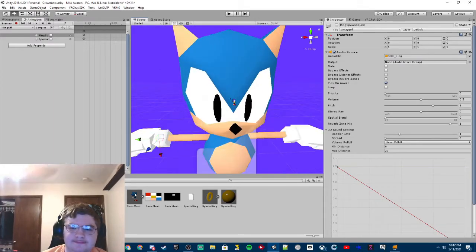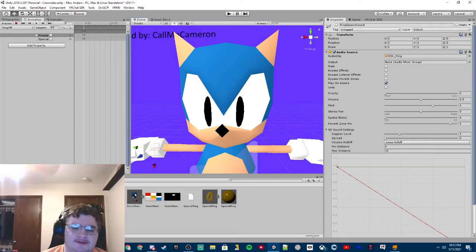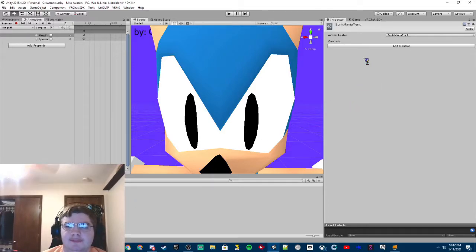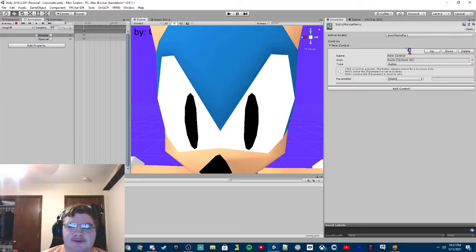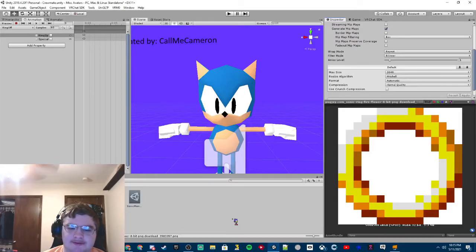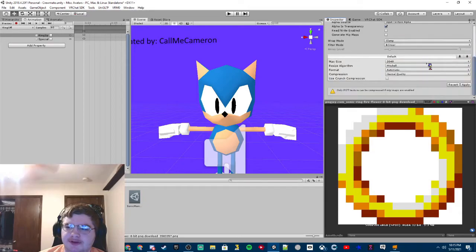So when you're done doing all that, that's pretty much it. Well, no, there's one more step. You want to go back into your animations and to the menu. And this is where you're going to add your toggle button, like for in-game use. So we're going to title it ring. Once you find your PNG, you want to download it and drag it into your anims folder. After that, you just want to go to your texture type, change it to sprite, apply,